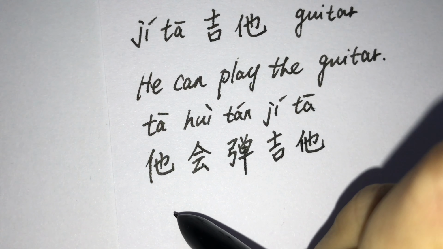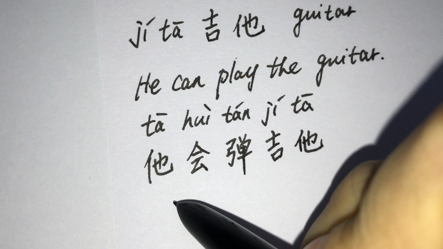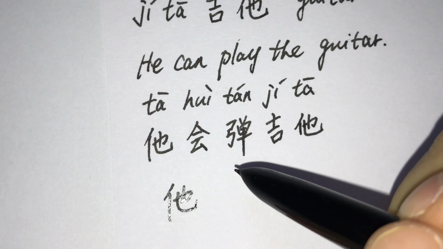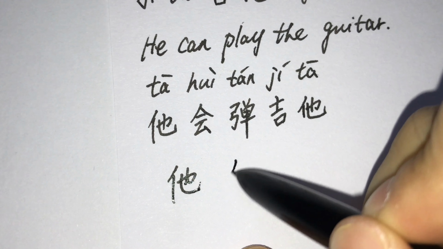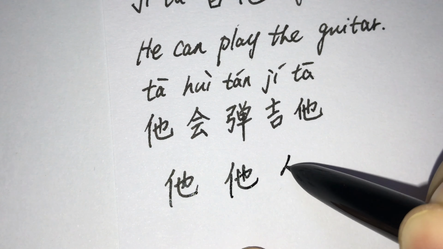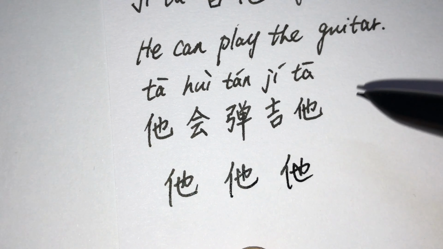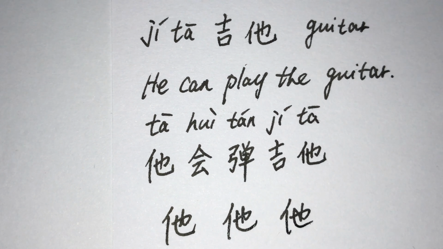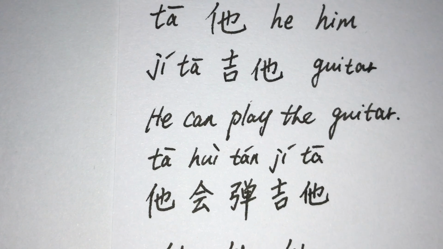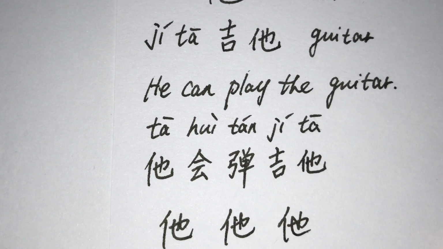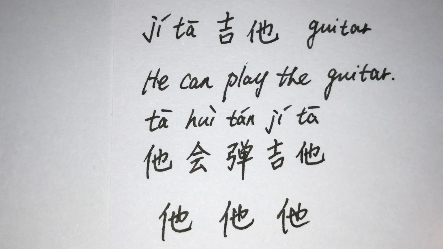let's write 他 super fast. 他, he, him. 吉他, guitar. He can play the guitar. 他会弹吉他。